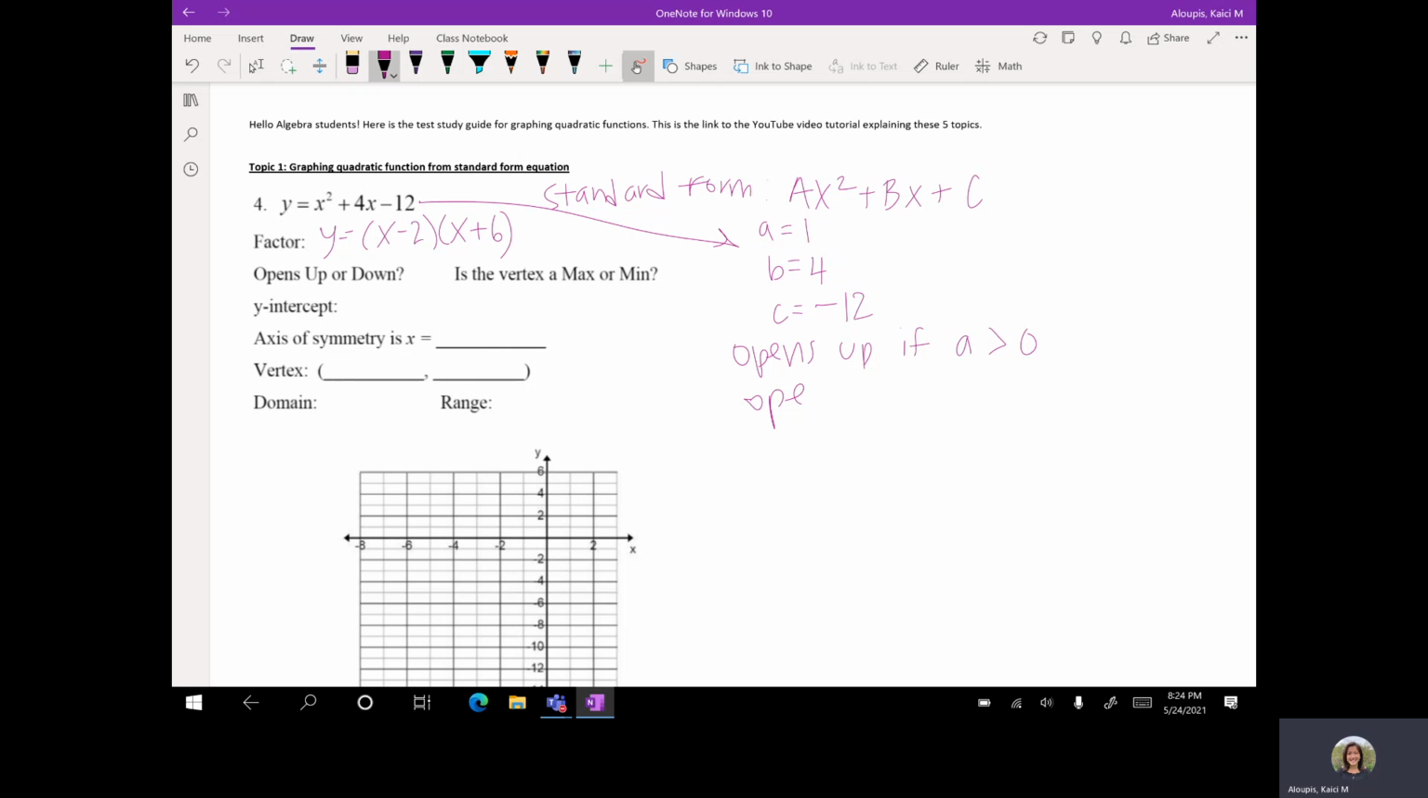It'll open down if a is negative, so if a is less than 0. In this case, a is 1, so we know that it's going to open up. Knowing that it's opening up, let's just arbitrarily draw a parabola that's opening up. This isn't the graph, but